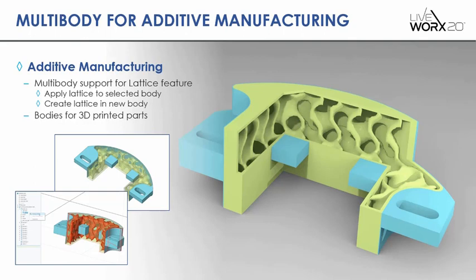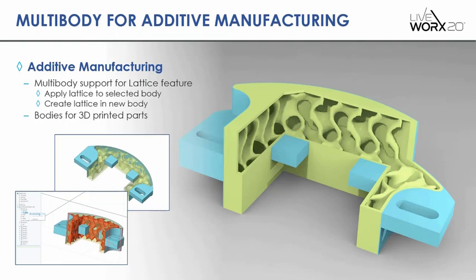The multi-body design concepts in Creo Parametric 7 also support additive manufacturing related design workflows in two major areas. The first area is lattice creation, as design in the context of additive manufacturing typically includes considerations around lattice creation and optimization. So here we want to leverage the multi-body concept of Creo 7 for the lattice definition, where you can now apply a lattice to a selected volume defined by a body, or even create the lattice geometry in